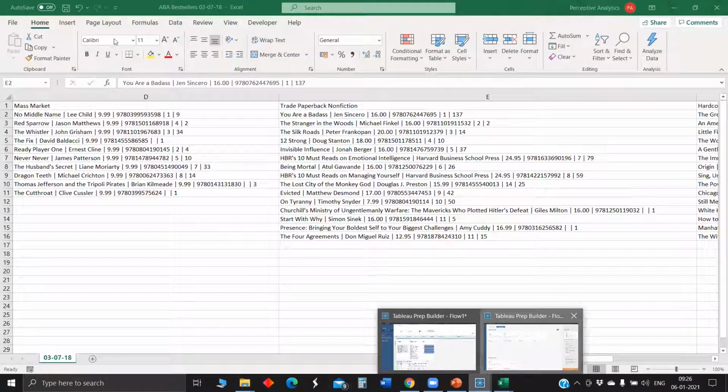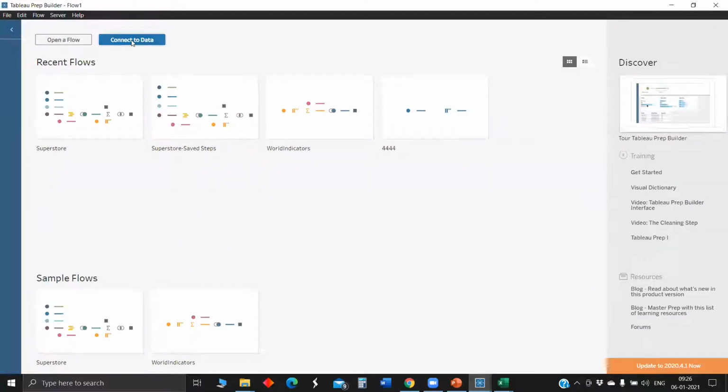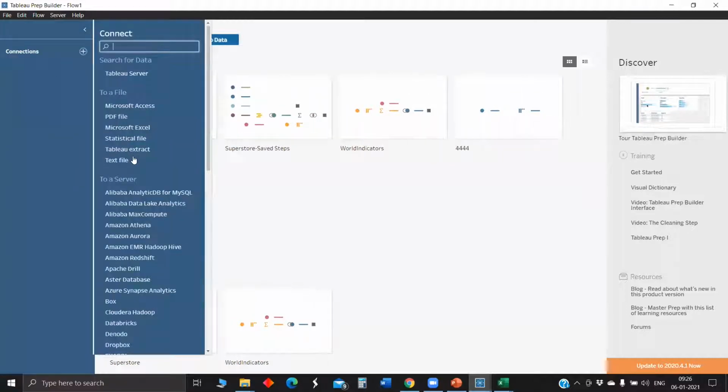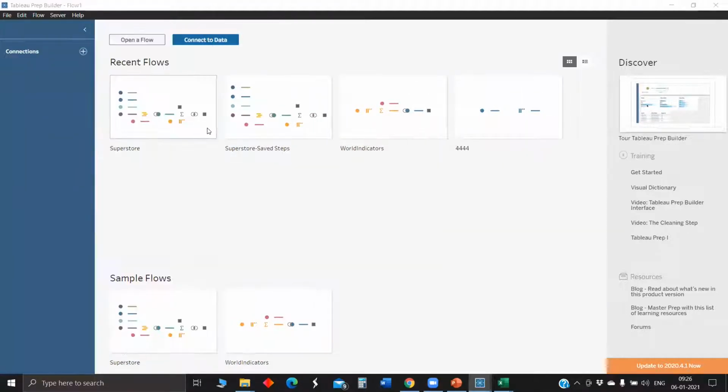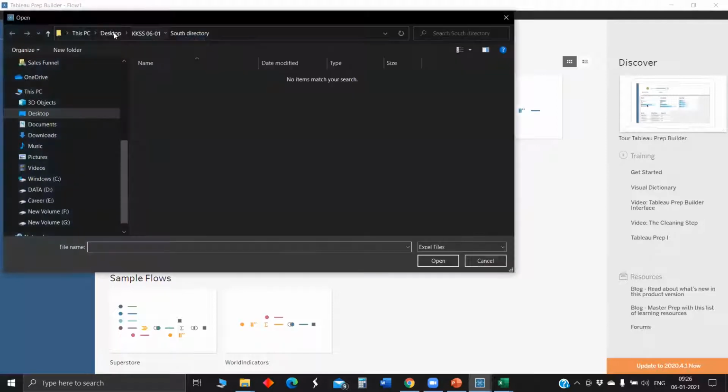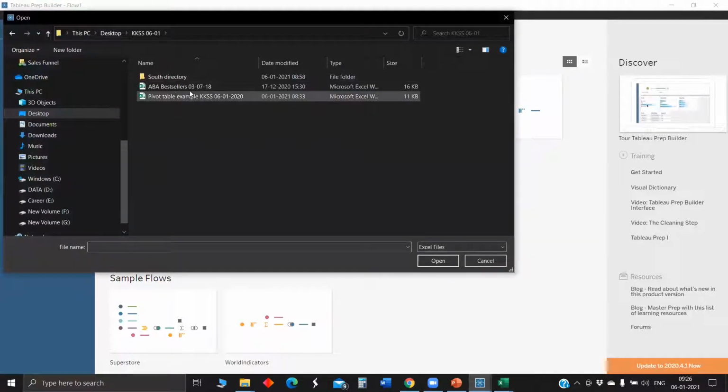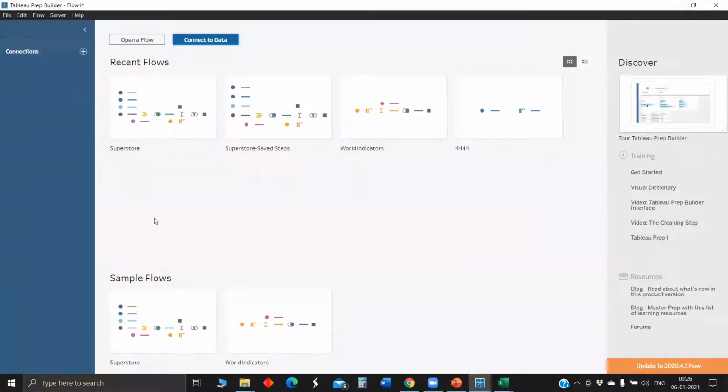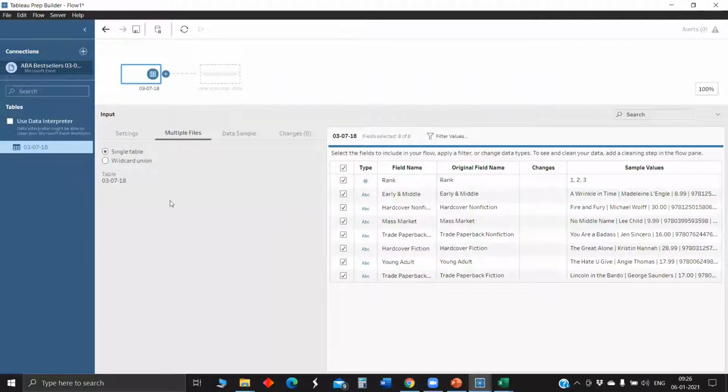So I open Tableau Prep, connect to data, and it's a Microsoft Excel file. Just opening that bestsellers file. Once I pull it in, since it has only a single table, there is nothing to do with this step.